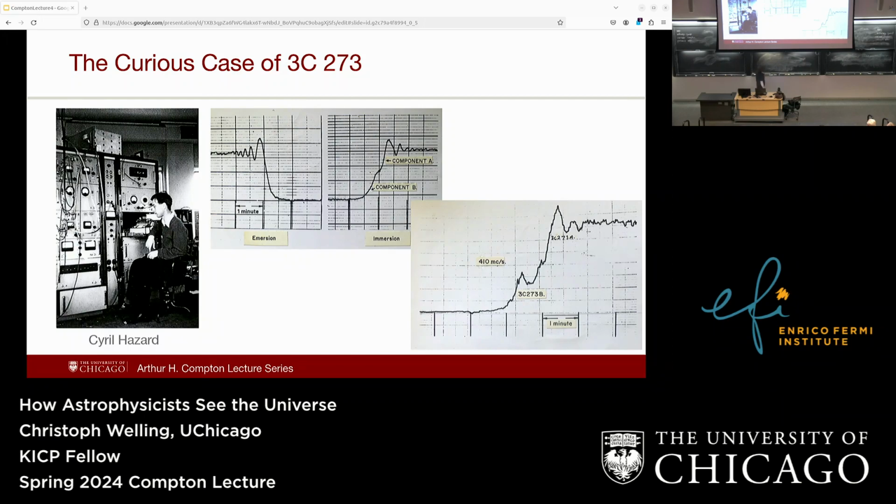But this guy here, Cyril Hazard, had the pretty brilliant idea to get a better resolution on this, and he discovered that by pure chance, if you were observing one of these objects called 3C 273, because the University of Cambridge, that's what the C stands for, made these catalogs of radio sources they discovered. And this was in their third catalog. This was the 273rd object, so that's where the name came from. Very creative.